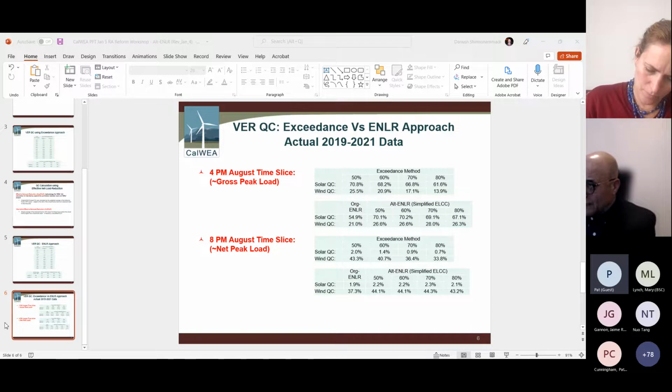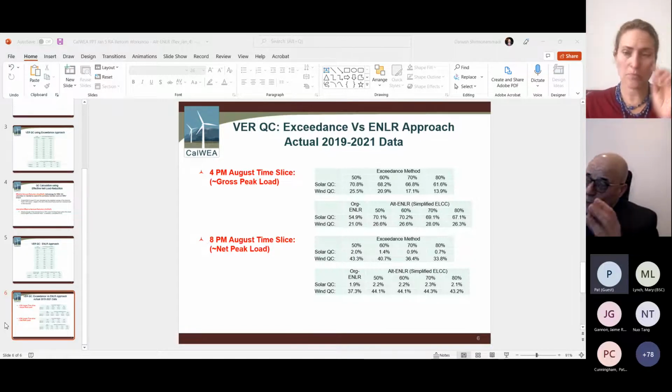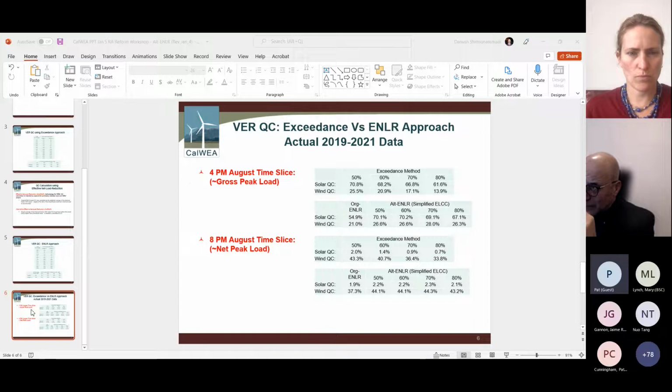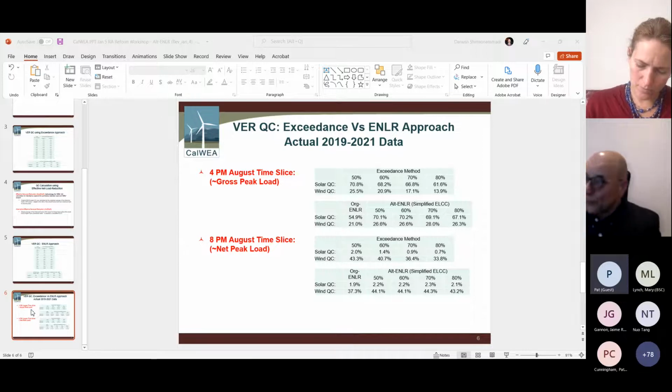You simply look at historical data for resources that happen to be contracted with a specific LSE or reside in a particular geography or a particular technology or a particular unit. And however we tie it back to the load need, we have to tie it back to the maximum system load need that the system needs, as opposed to that LSE's particular